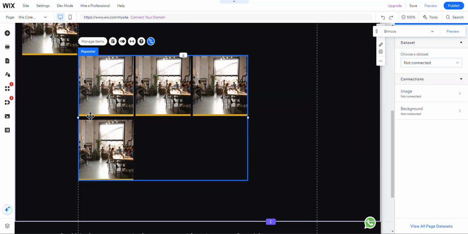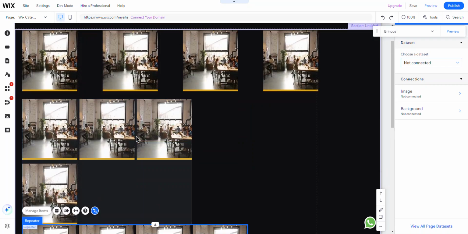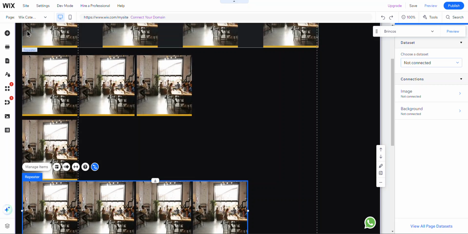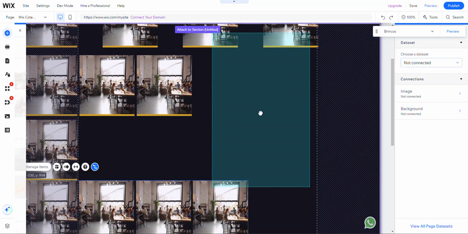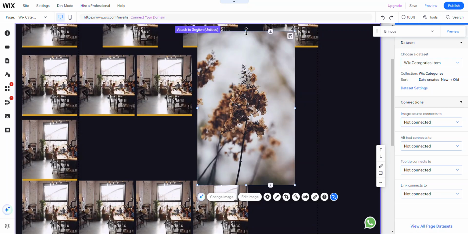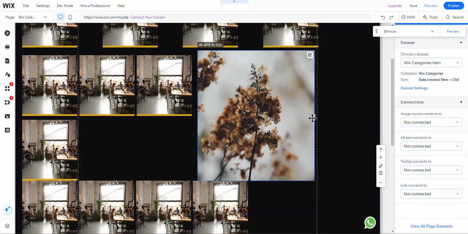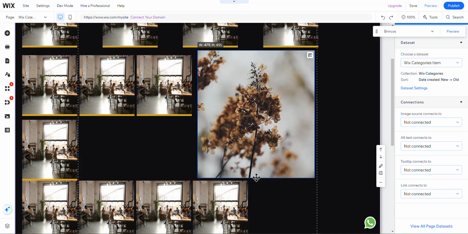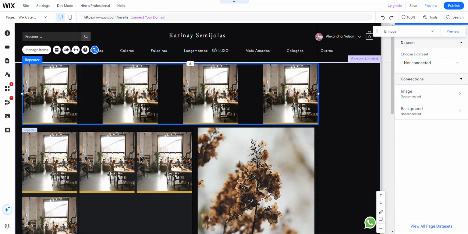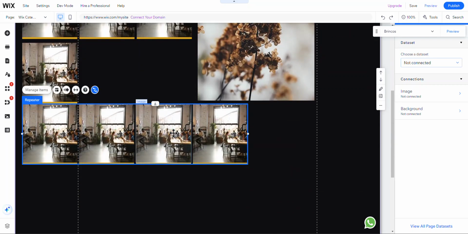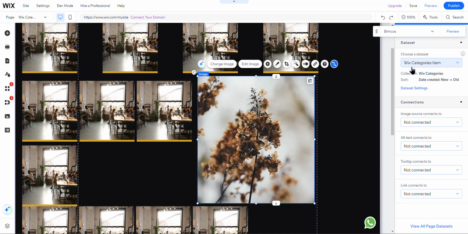However you want these items organized, this is just to show you. And now I'm just going to do an image here. So it doesn't look like much now, but what we'll end up doing is we're going to connect each repeater to its own data set. And then these images will be connected to this data set,